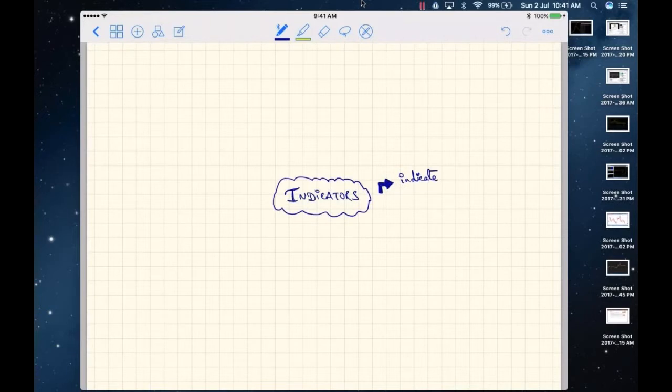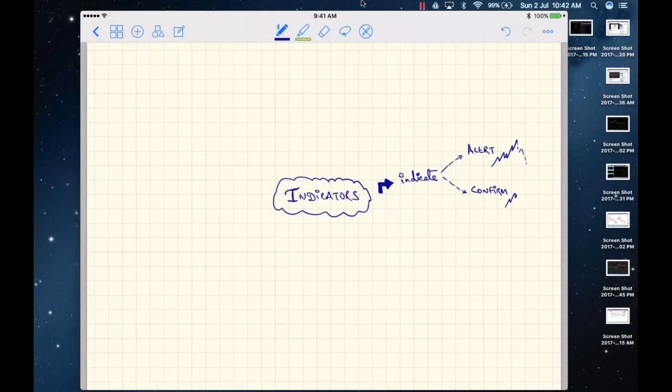And in the markets, indication can be essentially of two types. It can either alert you or it can also confirm you. What do I mean by alerting or confirming? Let's say the prices are in an uptrend and some kind of an indicator somewhere is alerting you that, listen, I think the market can fall. This is an alert.